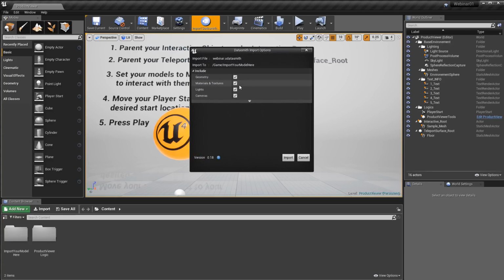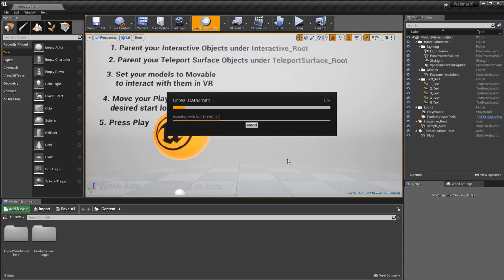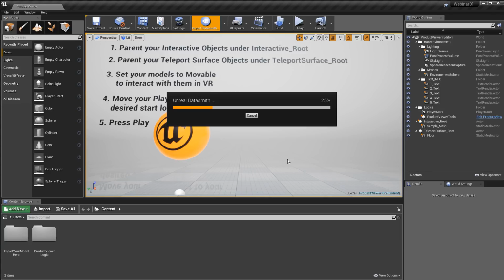Now, the only real options that we have here are geometry, materials, lights and cameras, and then if we pull this down, the ability to change the resolutions of our light mass. And those are all covered in classes that are available to you in the learning section. So we won't go through what a light mass is today, but that sounds like maybe something we could do in a future webinar. So while this data is coming in, why don't we go back over to our presentation